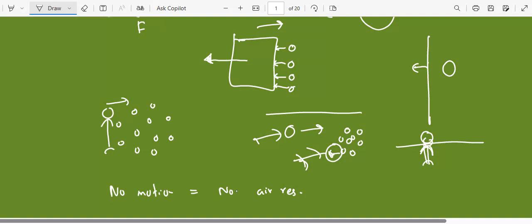So normally the friction acts if an object is starting to move or trying to move. But if you are not trying to move, or you are not actually moving at all, then there will be no frictional forces or air resistance acting on your body. Okay,